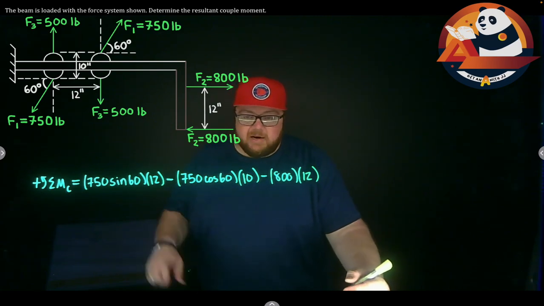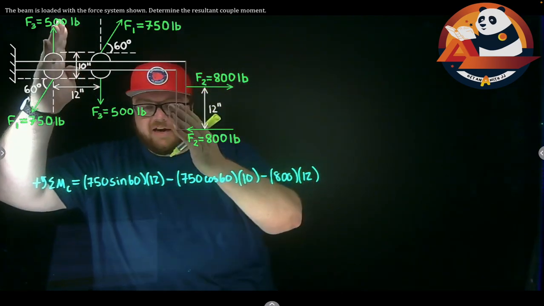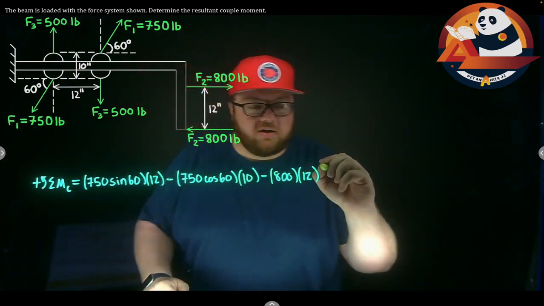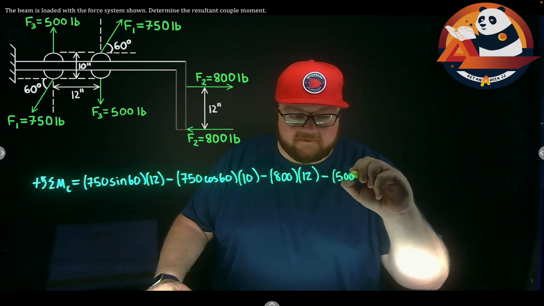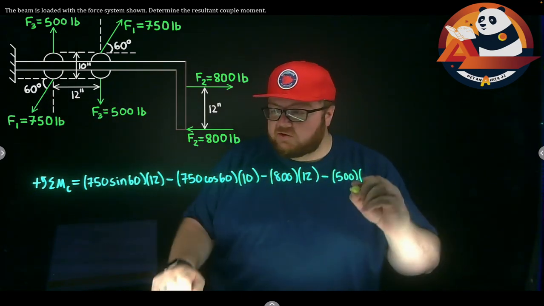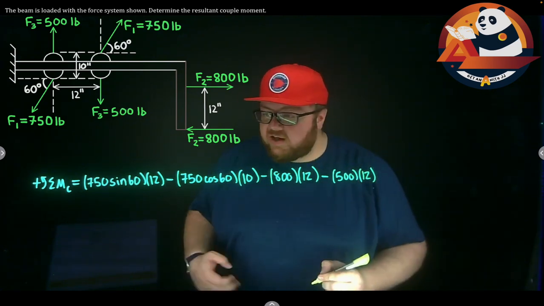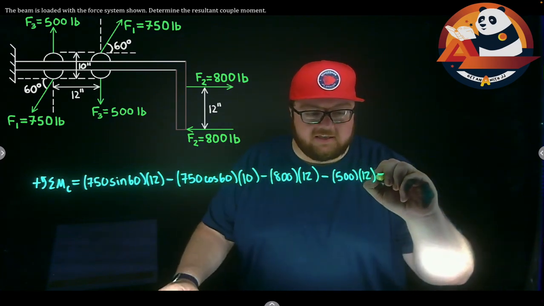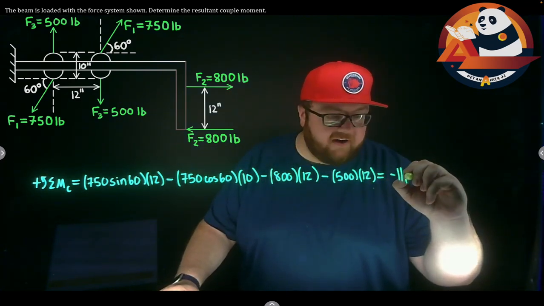And then finally, I can go back to F3. F3 on the left goes up, on the right goes down. That's also clockwise. So minus, my force is 500, times the distance between my two components, 12 inches. Minus 500 times 12. That's going to get us that this is equal to negative 11,500